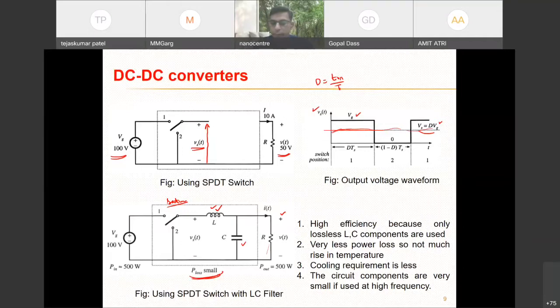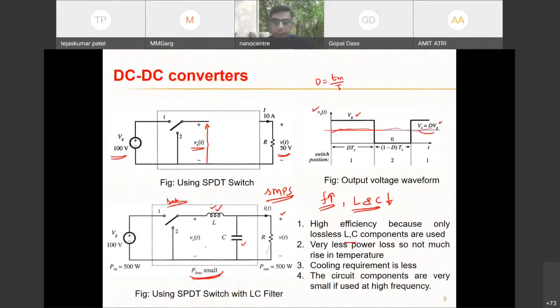If we talk about practical L and C, they also have very low ESR. We'll talk about that later. So efficiency may be somewhere around 85%, 90% or above, right? Here the power loss is very small, or ideally zero. Because these switches now operate in saturation and cutoff mode, this is called a switched mode power supply, SMPS, earlier it was a linear mode power supply.